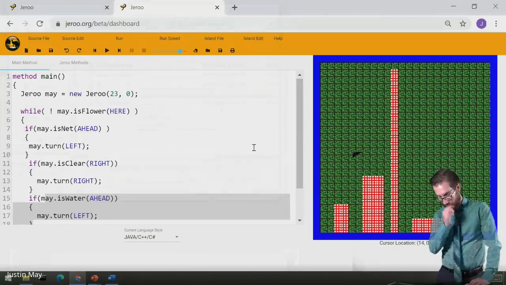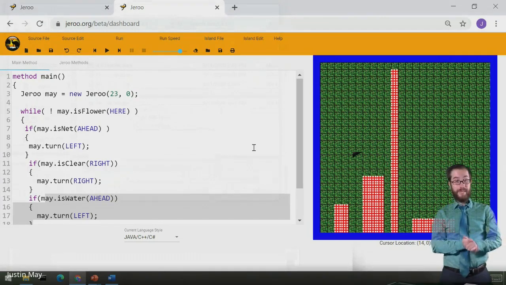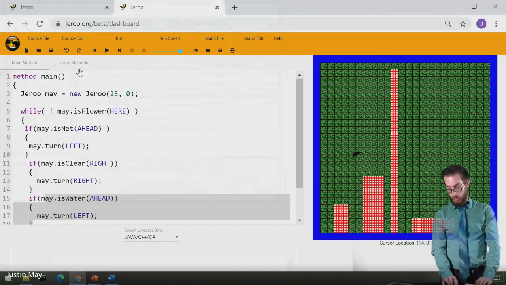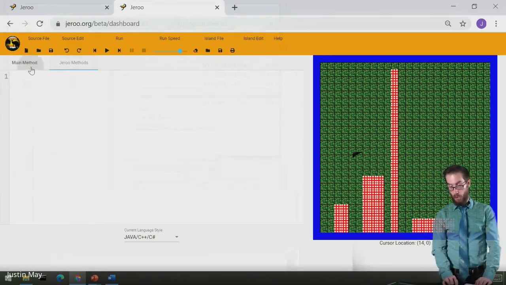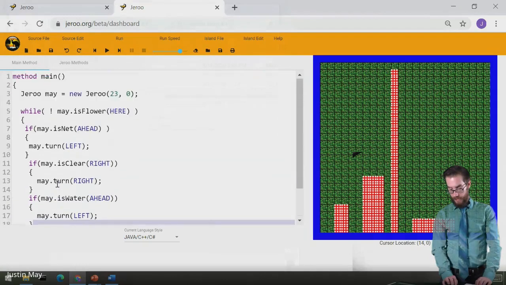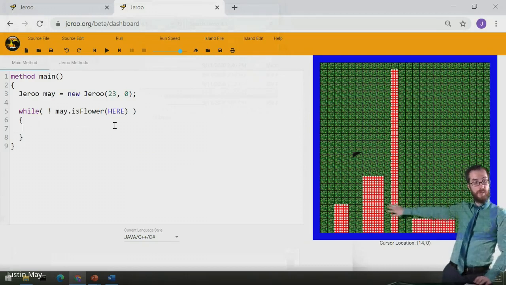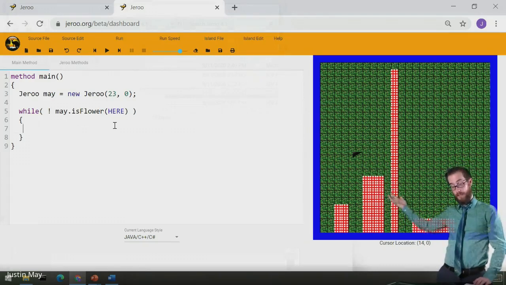Now, another way to think about this problem is we could break it into methods. So you can go into Drew methods and write a bunch of methods. So another way we could think about this is maybe instead of all of this stuff, I'm going to write the ideas of the methods here, and then you might want to implement those methods and figure out how to implement them